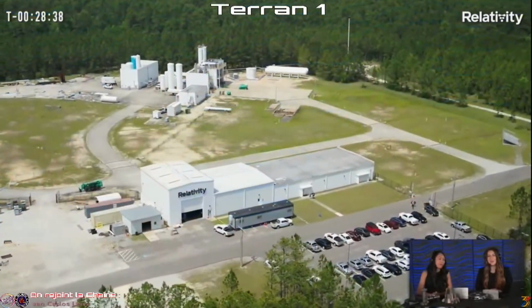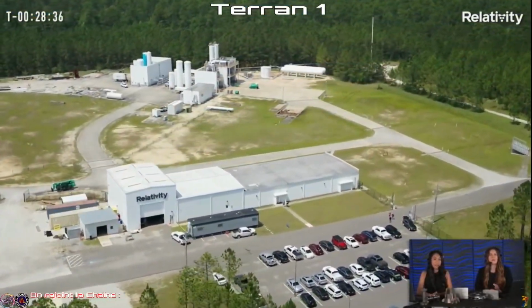We are currently building our integrated engines, and on our Twitter feed, you can actually see an image of our first integrated engine next to a human for perspective on size. We are also completing building of our turbopump assembly, and we're planning to go into full engine tests throughout 2023. And we're going to test those engines over at the NASA Stennis Space Center in Mississippi, where most of our